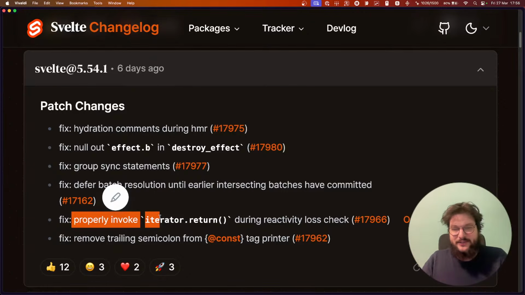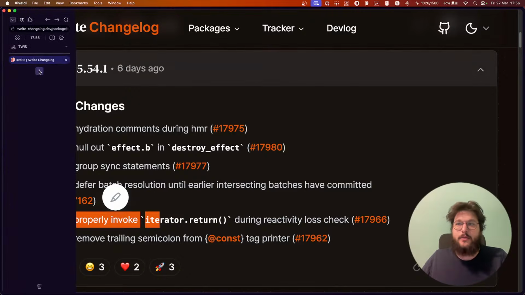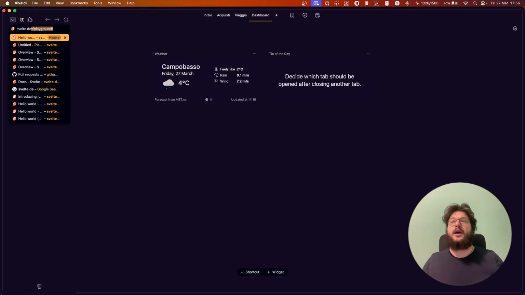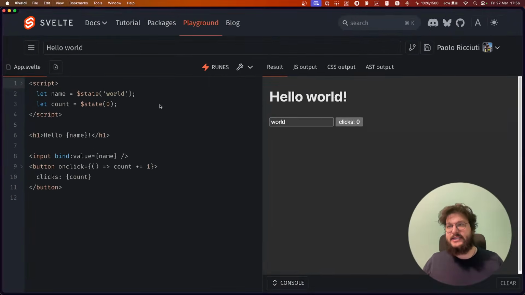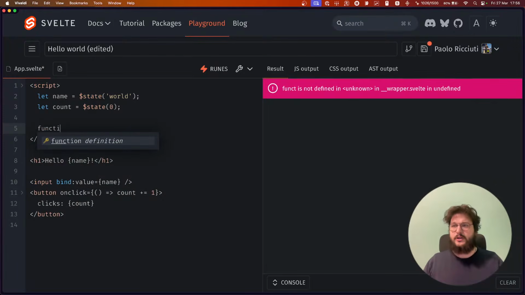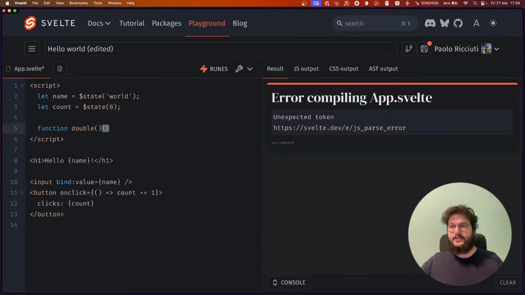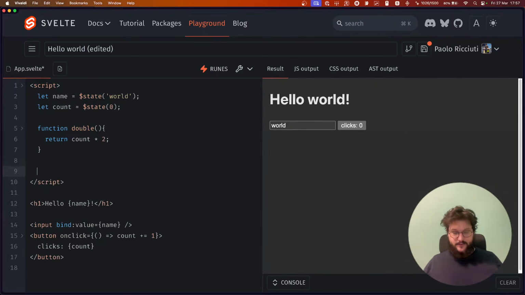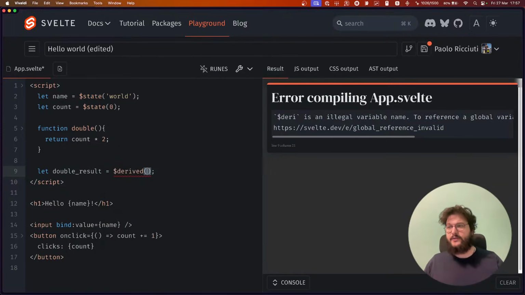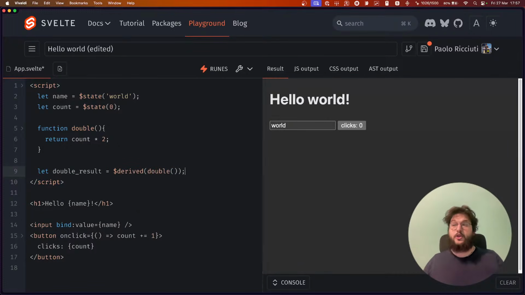Turning back to the reactivity part, reactivity still has one problem: while runes are now very deep, if I have a function like double that returns count times 2, and I have let doubleResult = $derived(double()), you might remember that this would not work in Svelte 4, but now it works.